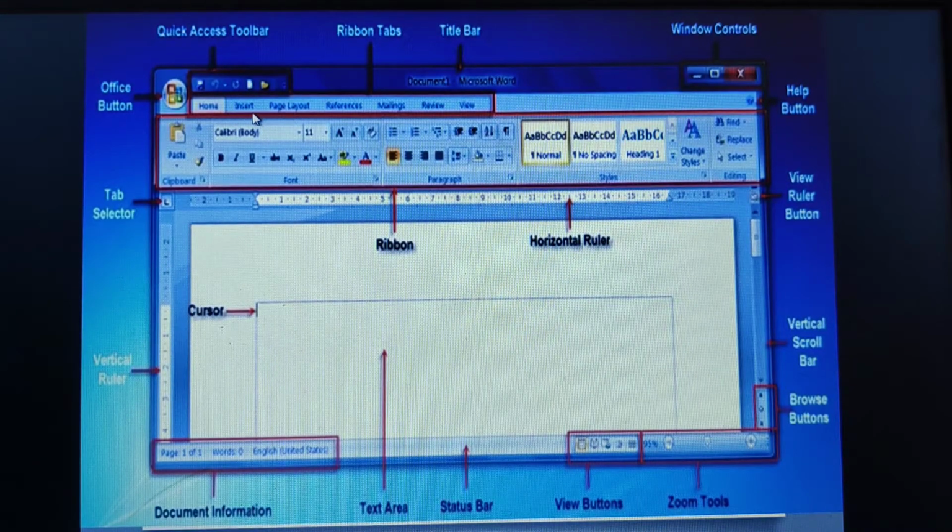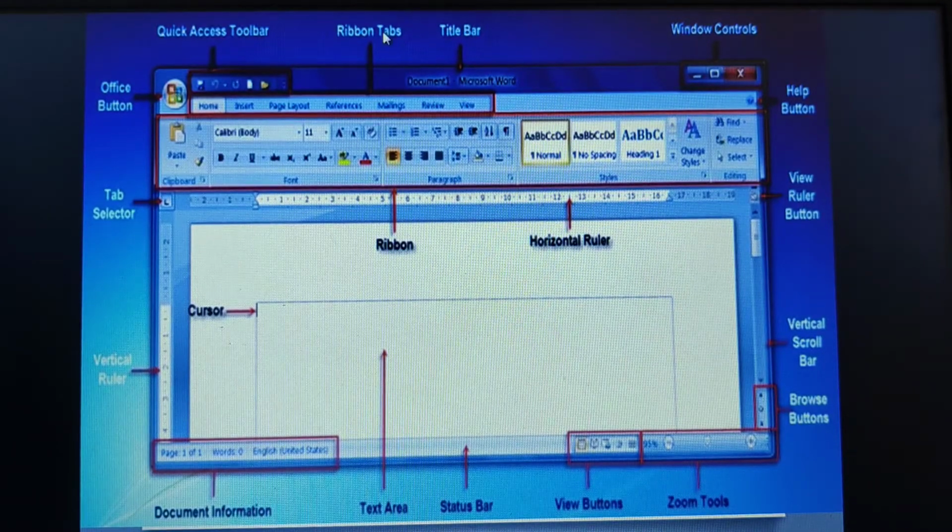When I click on Insert, we have submenus. Page Layout, we have submenus in this, wherein it will help you to perform the operations on this particular document. So that is what a menu bar is. Clear? Now this is entirely what you are able to see right from here to here. We call it the ribbon. The ribbon consists of all the standard operations that we can perform on this particular document.